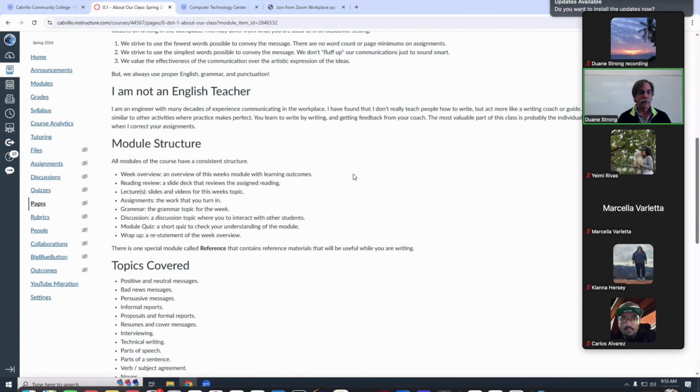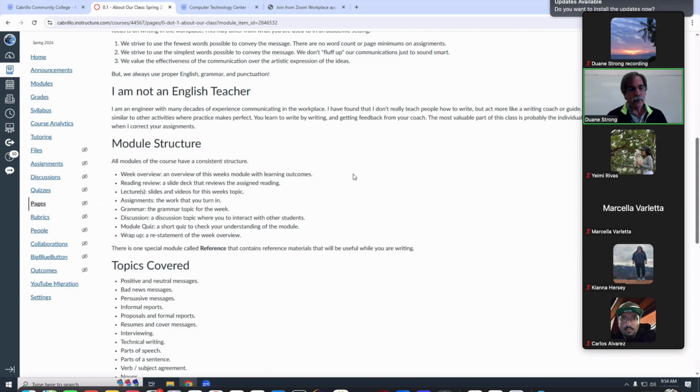Okay, so the modules here all have a consistent structure. I don't know if you recall, but last semester I was hired 1 week before school started. I taught electronics here 30 years ago. Okay, so this is my coming back to Cabrillo thing after retirement. So I was a little bit stressed in getting the modules together and getting them out in time for you all last semester. This time I had a little heads up, so I had the whole break to get ready. So hopefully the modules are more consistent and more fine-tuned, more to my level of professionalism.